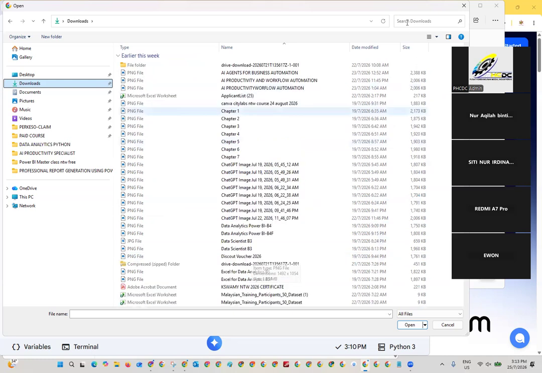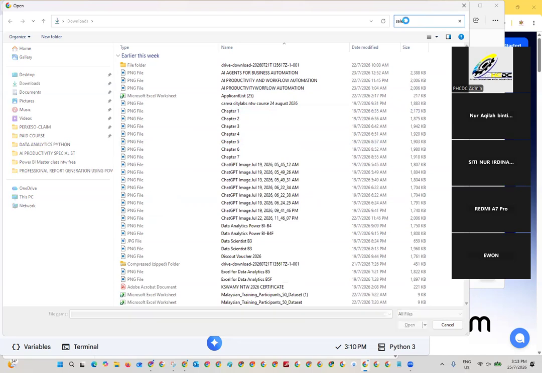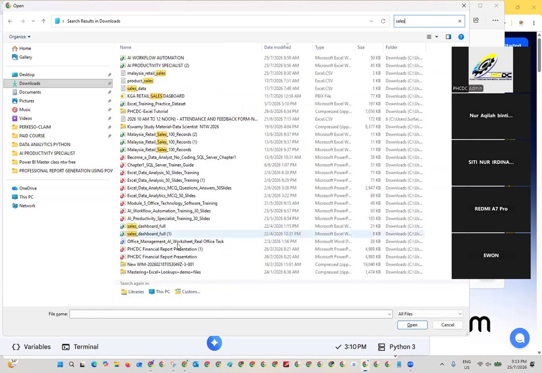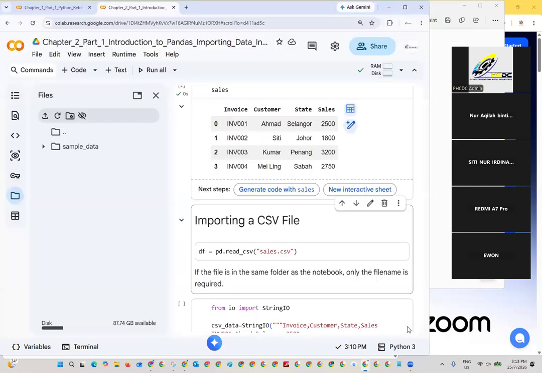Okay, 1 minute, let me check the sales data. Wait, let me check whether I have that file or not. Okay, I don't have Malaysian retail sales under sales dashboards full. Okay, let me go for this data. Open. I will share this file in the